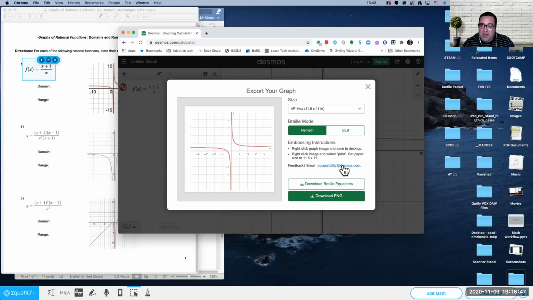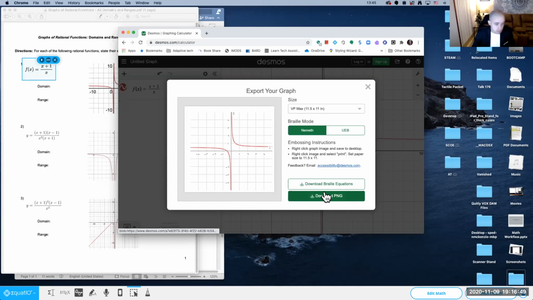So once we have that, we have 2 options for output. Now this is great. And this is something that I only learned once I actually went to the embosser side of it and completed this. So you have download braille equations and you have download PNG. So download braille equations, this is great. So let's say you had multiple equations, or even if you just had one, what that is going to do